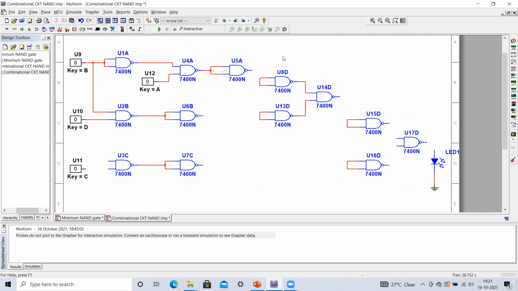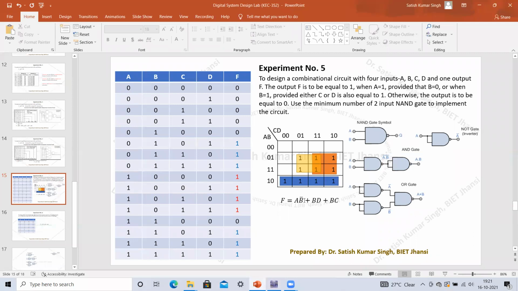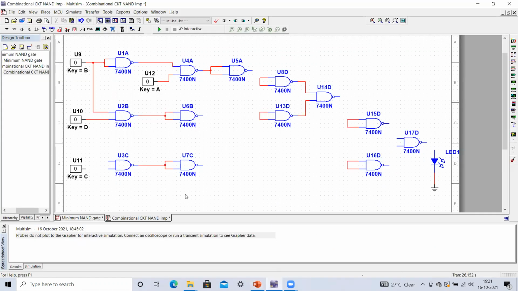Now, if we wish to add these 2 terms, you can see that this expression is AB bar plus BD. First I'm adding these 2 terms, and then the resultant will be added to this BC. Before adding these 2, I'm also implementing the BC. This BC can also be implemented. Here you can see that I have this particular NAND gate, and I'm applying this C at this particular input, and then we have to apply the B. B is available at this point, so we can apply it at this particular point. I'm just connecting it, so here you get this output equal to your BC.